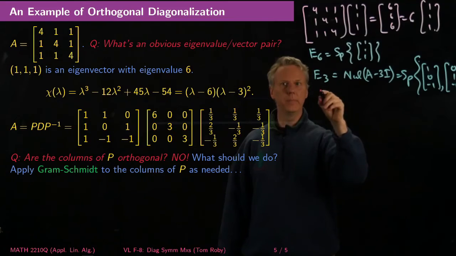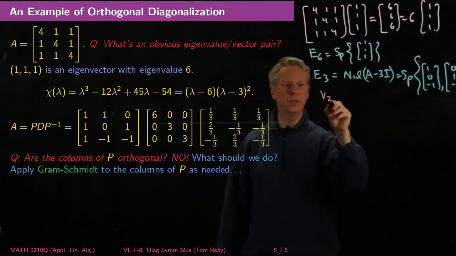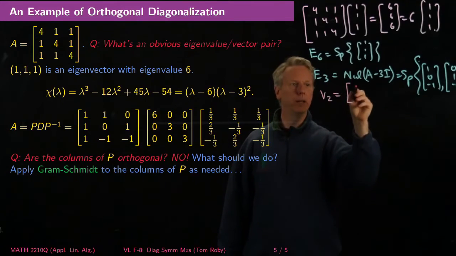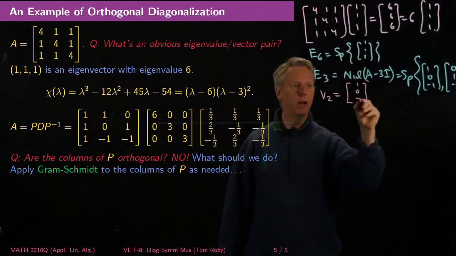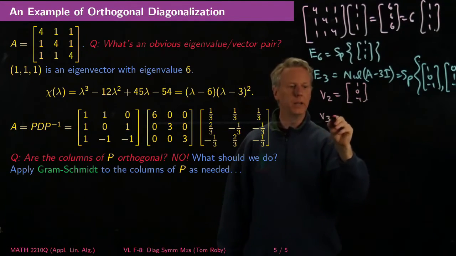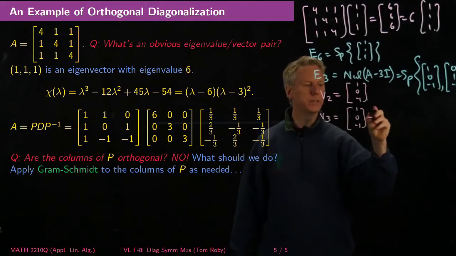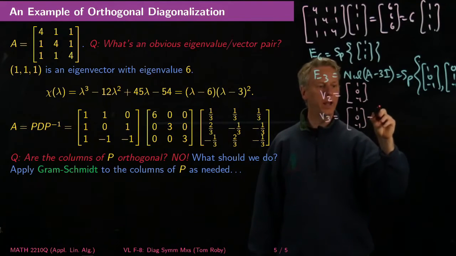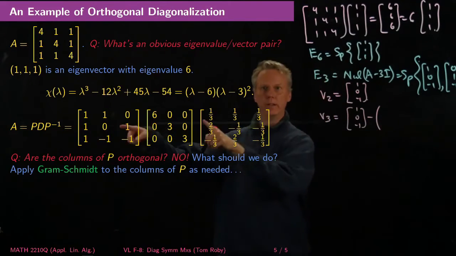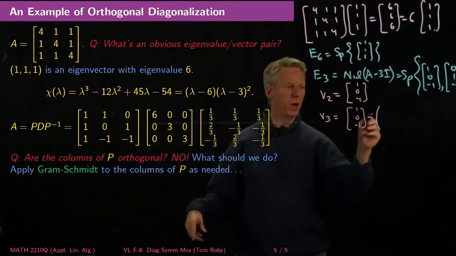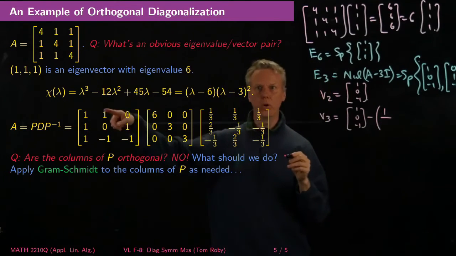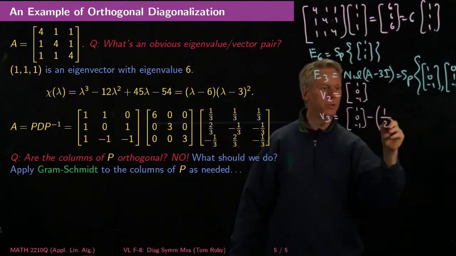So V2 will just continue to be 1, 0, negative 1. And V3 will be V2, 1, 0, negative 1, minus the inner product of these two, which was 1, divided by the norm squared of this vector, which is 2,